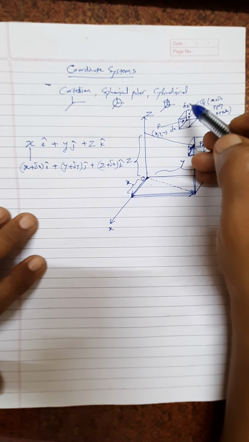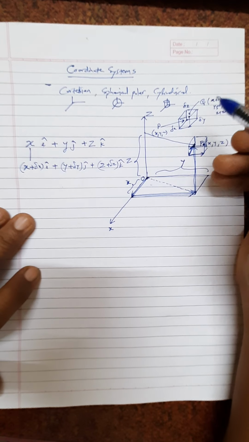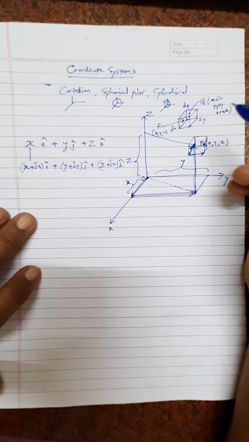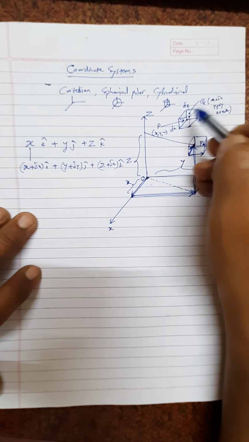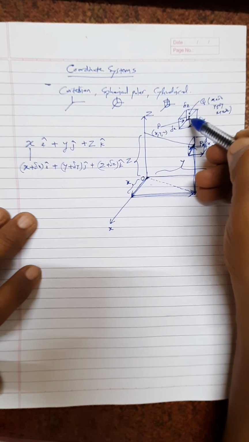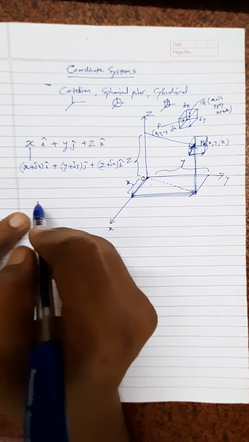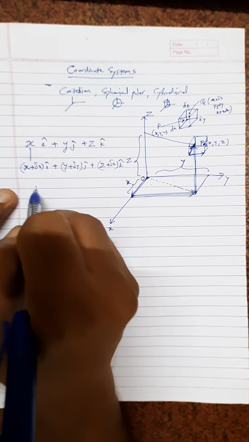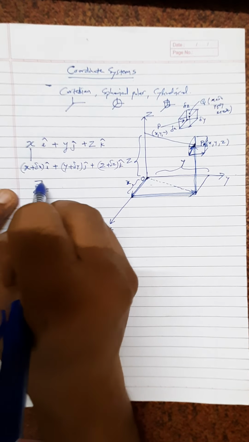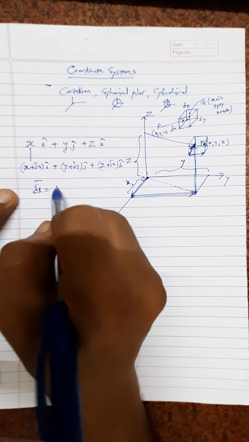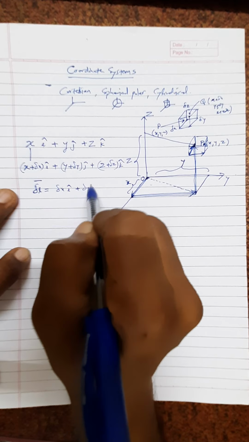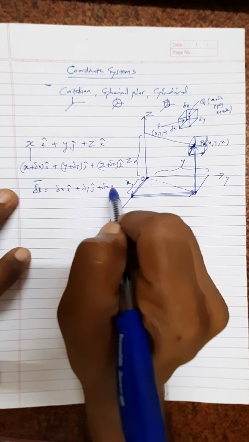This will be helpful to determine the line element, surface elements, and volume element in Cartesian coordinate system. What I will have to do, I will have to move from point P to point Q in general. Then how can I write the line element? The line element, say for example delta L or dl, can be written as a vector line element dl bar. It will be delta x along i axis plus delta y along j axis plus delta z along